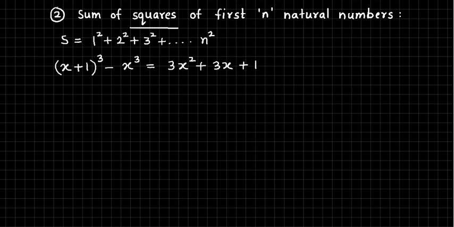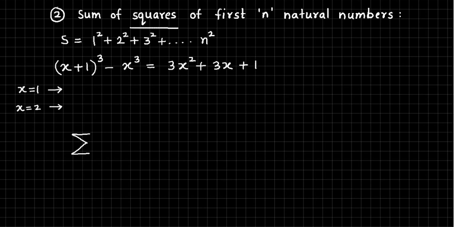Alright, so here also we follow the same procedure, that is we put x equal to 1 and get a relation, then we put x equal to 2 and get another equation, and so on. And finally by adding all the relations, a lot of terms will get cancelled, and then on further simplification and bringing together all the like terms, we finally get the required sum as,